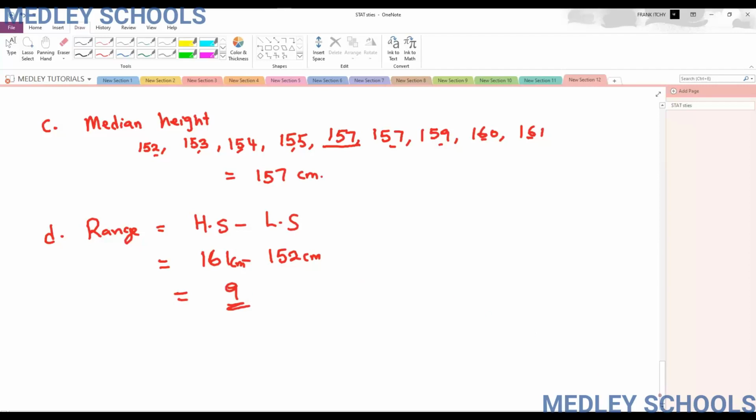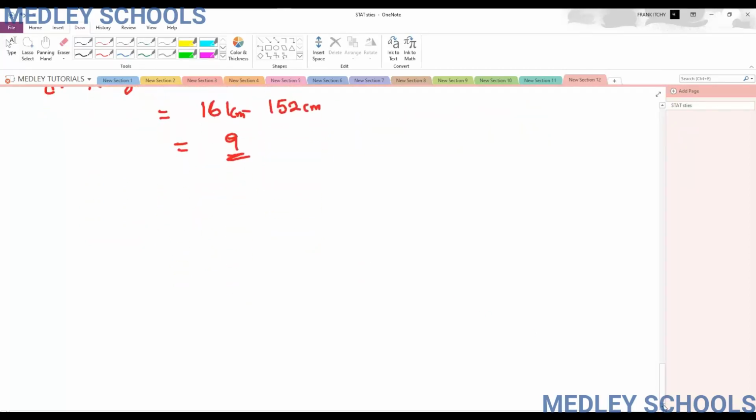So that has answered question 1 of the exercise given. So we go to question 2 of the exercise. In question 2, we are given the frequency table. Given the frequency table below, it shows the number of children in each family, and we are asked to find the mean number, the mode, the median, and also